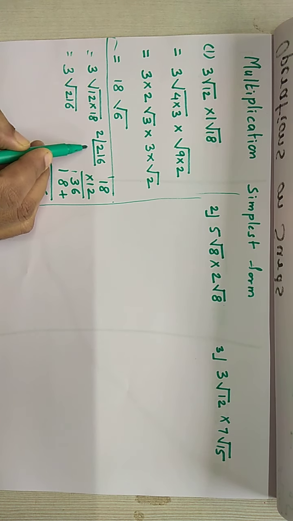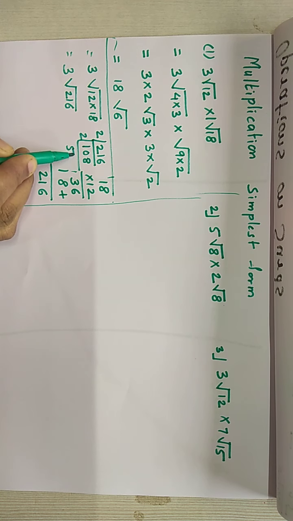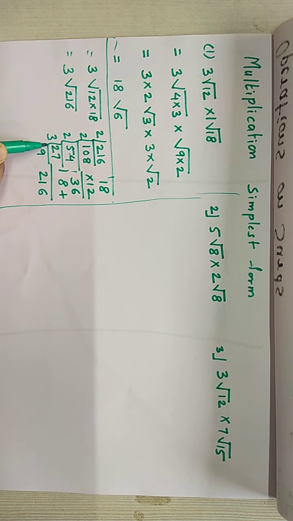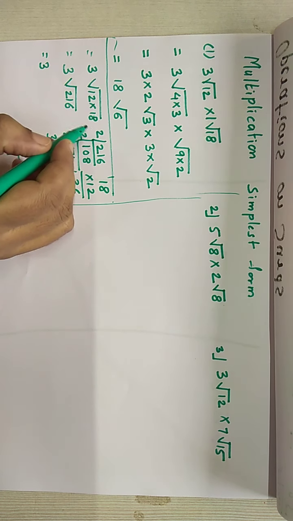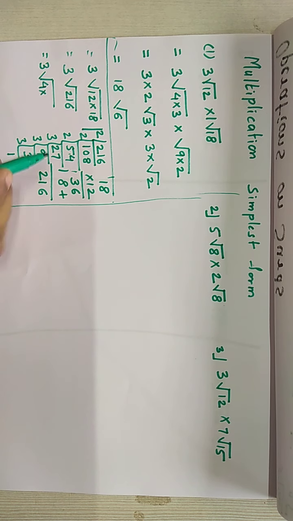216. 2 1s are 2, 0s are 8s are 16. 2 5s are 10, 2 4s are 8. 2 2s are 4, 1 carry, 7s are 14. 3 9s are 27. 3 3s are 3. 3 1s are 3. See, you can see a lot of calculations are there over here. So then they will write 216 as, here we have perfect square 4 into, here we have one more perfect square 9 into this 2 and 3 will remain as it is.